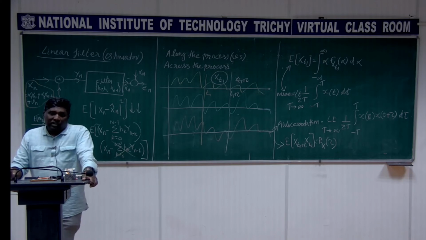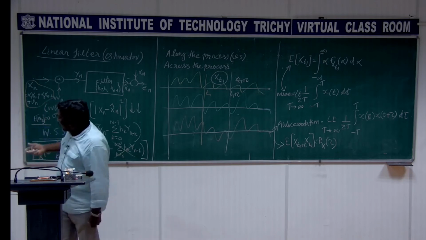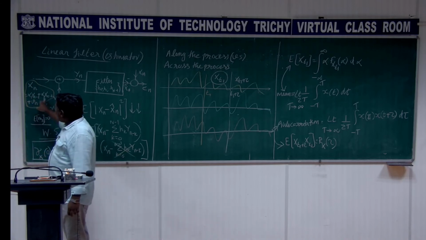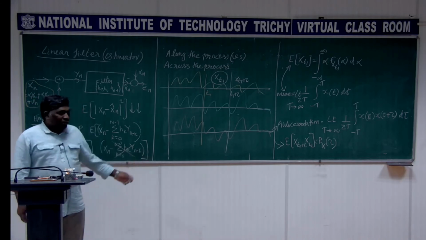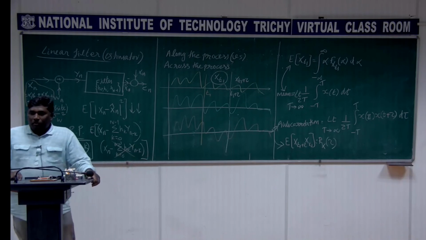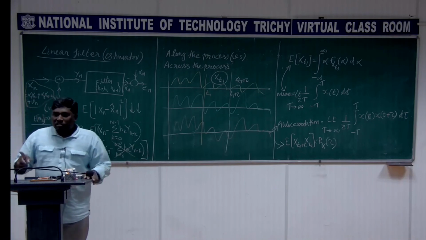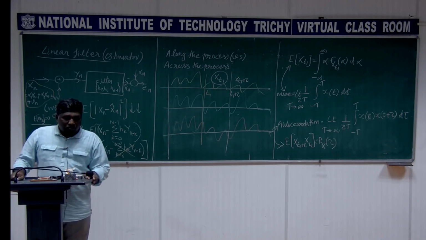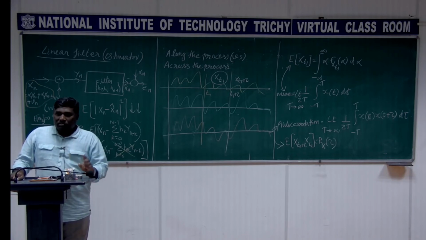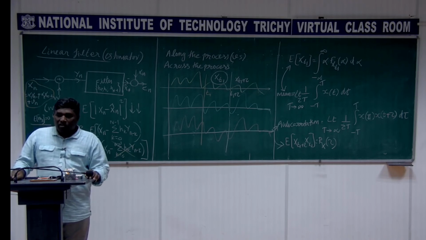Okay, and finally, if I want to know about this alpha 1 and alpha 2, anyhow we have to assume that it is going to be ergodic to find the autocorrelation, because even for finding these coefficients alpha 1 and alpha 2 we need this autocorrelation, isn't it? So that needs to be identified. So we have to assume that it is ergodic also. We compute that, and finally we can solve for the filter coefficients, right?